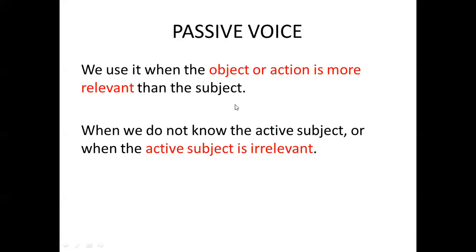In the other case, if we don't know about the subject or who performs the action, passive voice is okay, because it's not necessary to say it. So we use it when we don't know what the active subject is or when the active subject is irrelevant. So,